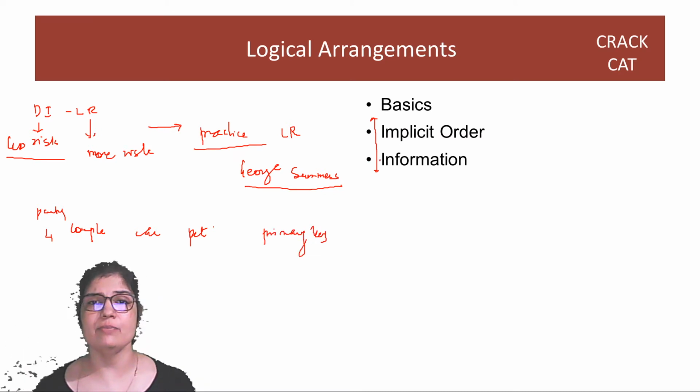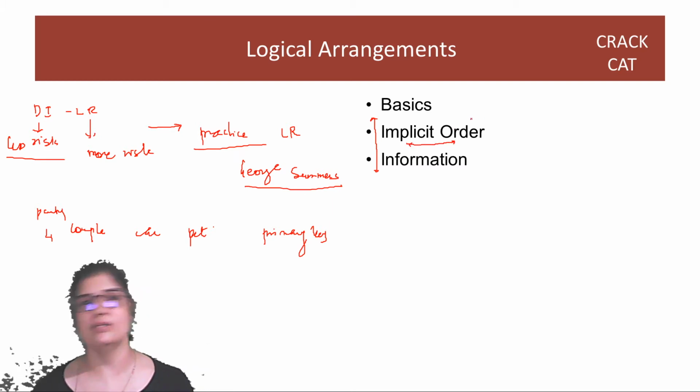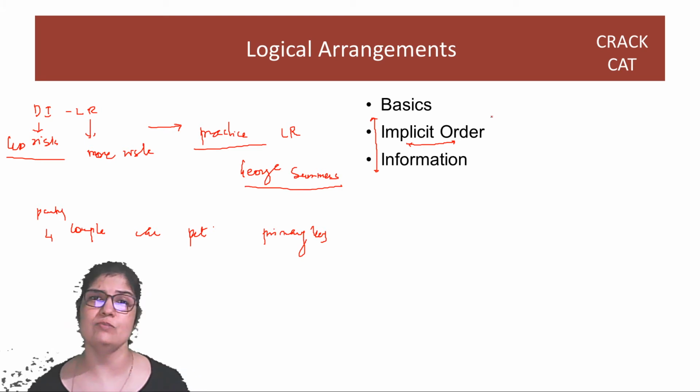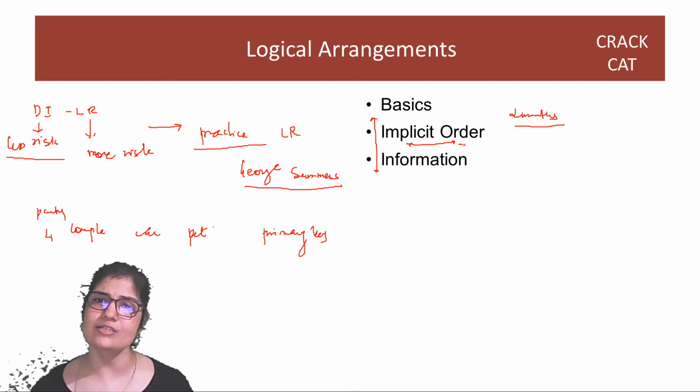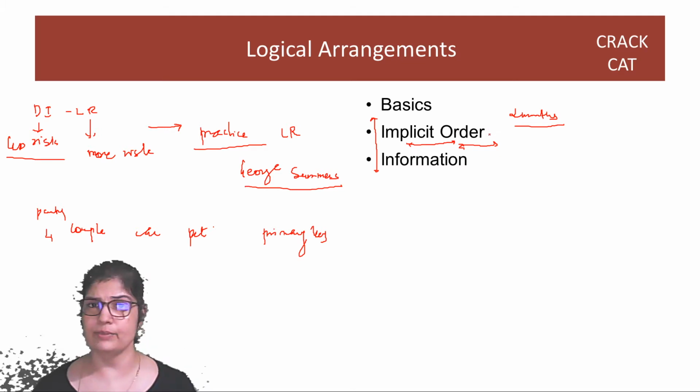Sometimes the primary key is obvious because there's an implicit order. Like if you're arranging people in months, then there's an implicit order in months, that Jan comes before February. And usually questions will also say that this employee was slotted 2 months before some other employee. So when there's an order implicit in the keys, that is your central primary key. So wherever there's an implicit order, guys, you should go ahead with that. Okay. If there is not, then what do you do?